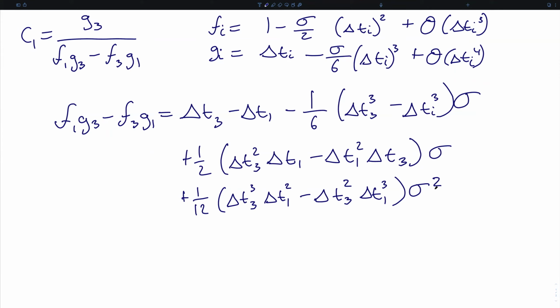Making the substitution for G3 as well, we can then rewrite the entirety of C1 as approximated by: so this is our G3 numerator, and this is our approximation of the expanded denominator, where these are sigmas and these are sixes in the denominator of each of these two fractions. We rewrite this a little bit more, and it becomes,